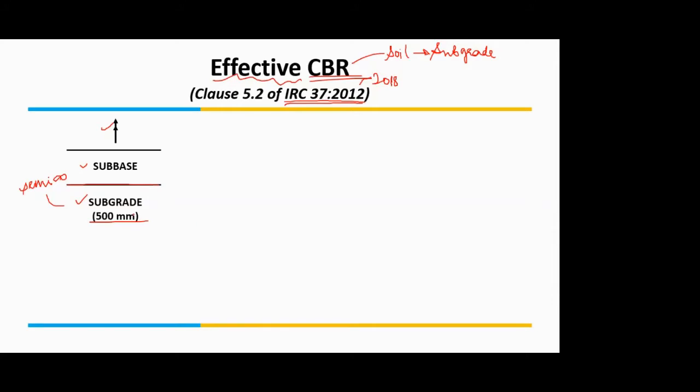Now, we have seen how the load transfer mechanism works in flexible pavement. It is from point to point contact, and then it forms a trapezoid while distributing the load to the underneath layers. Initially, during the previous years of pavement design study, it was assumed that whatever load comes from the overlying wheels or moving vehicles is distributed up to the subgrade, and for that this 500 mm subgrade is sufficient.